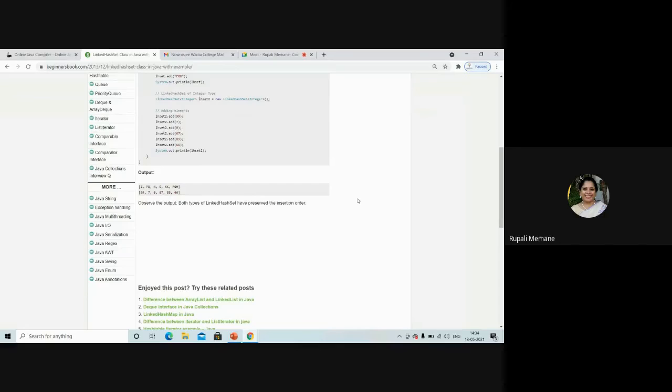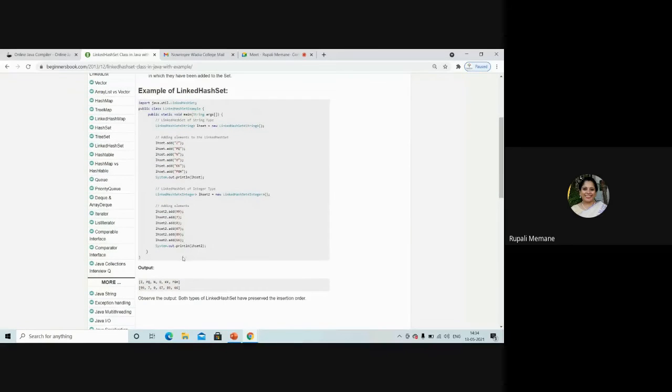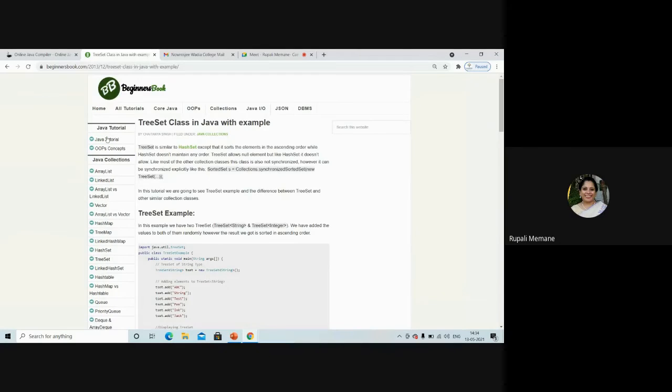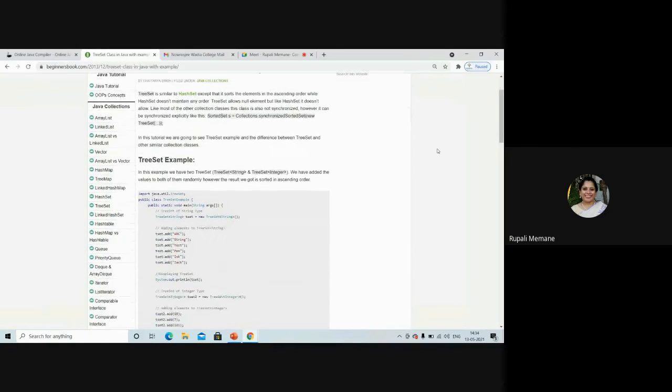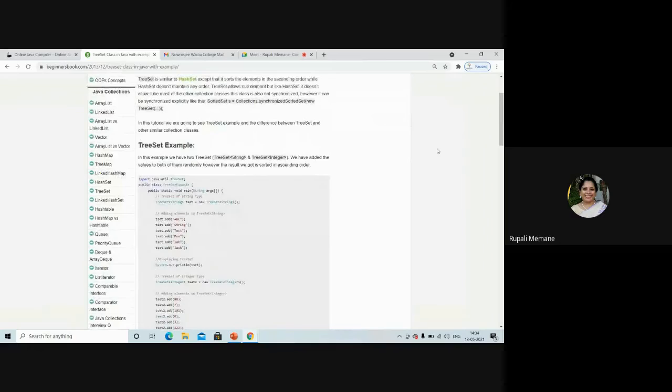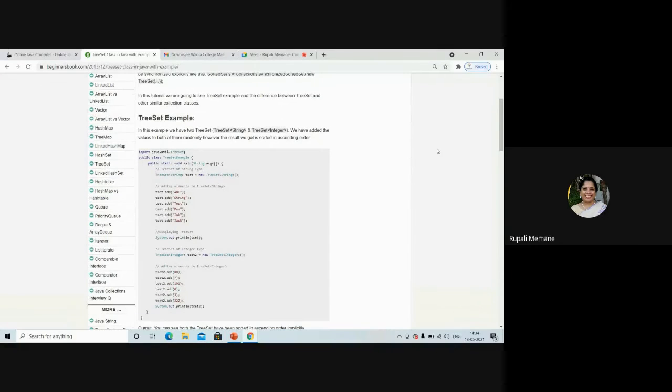So how do you add the elements and take the output? For tree set, we'll see one example. They have added the elements. Let's see how you add the elements and how automatically they will be sorted. So we'll take this example of tree set.